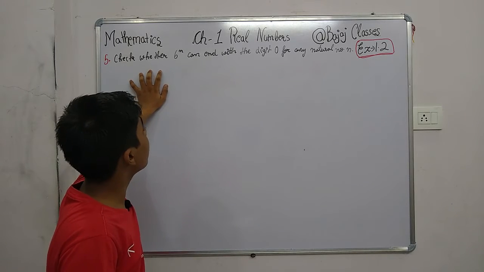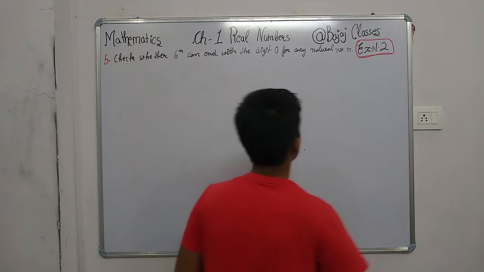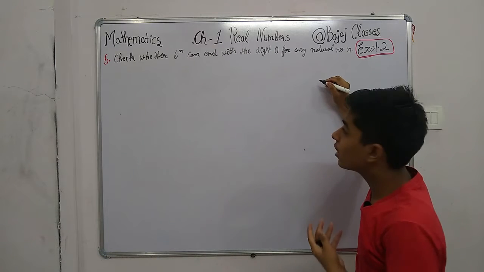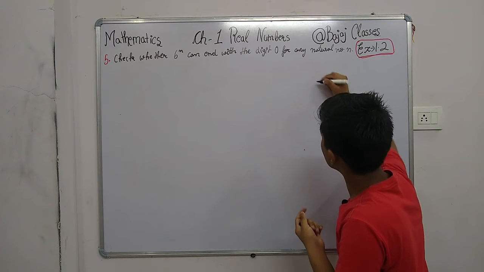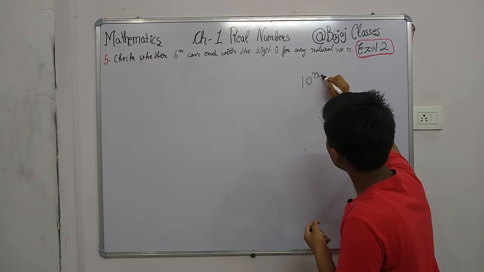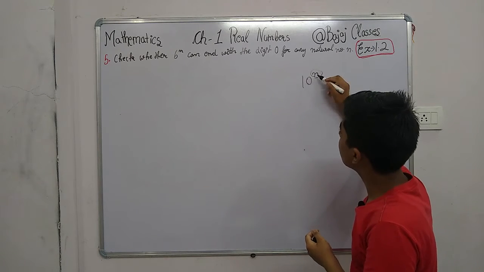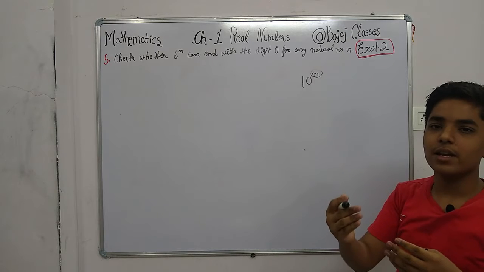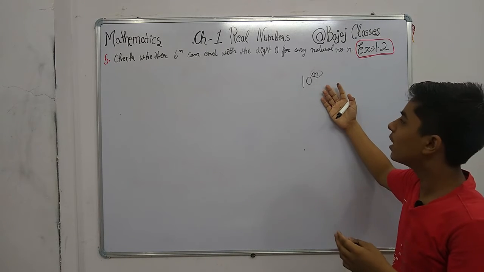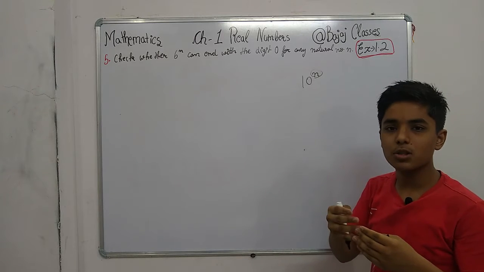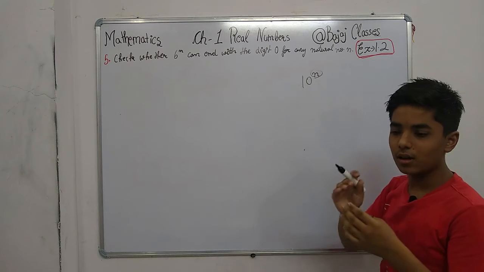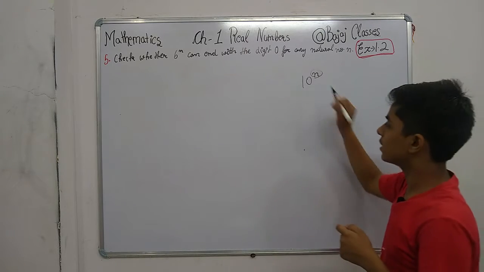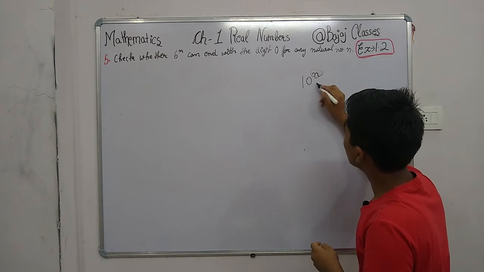Our fifth question is to check whether... but before this question you have to learn how to find whether any number can end with 0. We will take an example of 10^n, where n is a natural number, the power of 10. So what is this basically asking? If any natural number is multiplied or raised to a power, can there be a possibility that the number ends with 0, whether after squaring, cubing or whatever? We'll take an example of how to solve this.